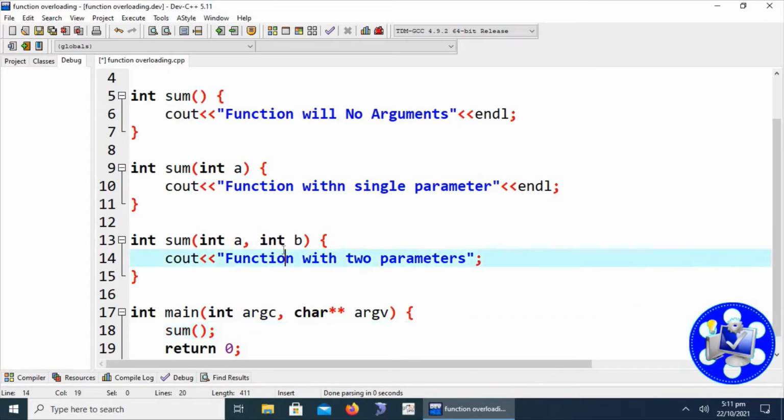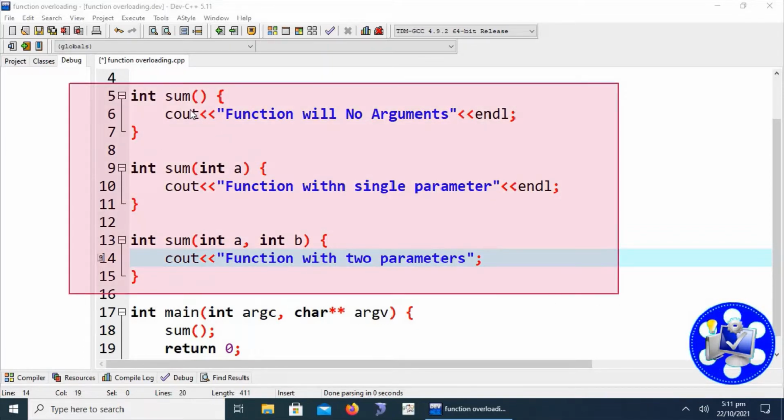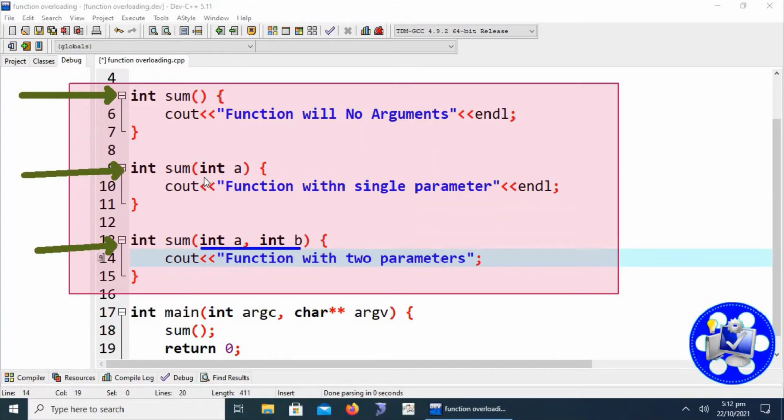We have to observe that three functions are declared before the main function. The first function has no parameter, the second function has one parameter as an argument, and the third function with the same name has two parameters. That we can clearly see here: two parameters, here is the single parameter, and there is no parameter in the function definition.